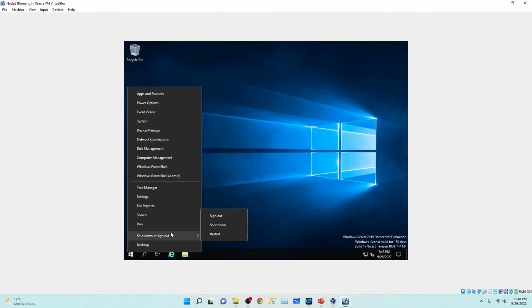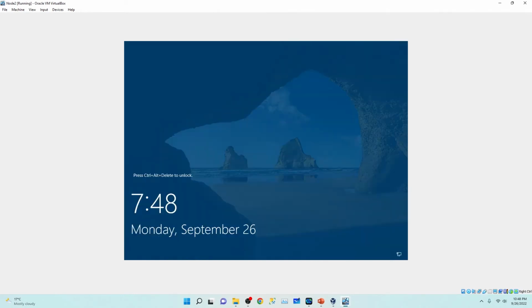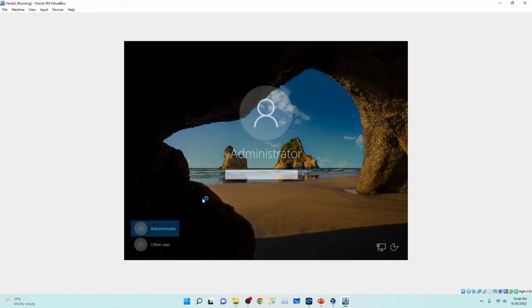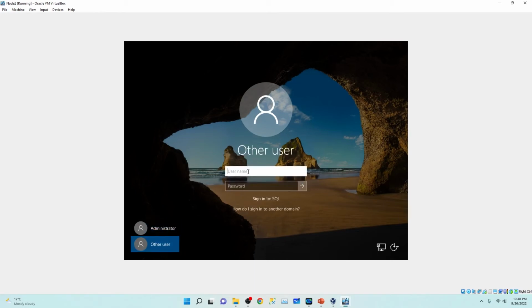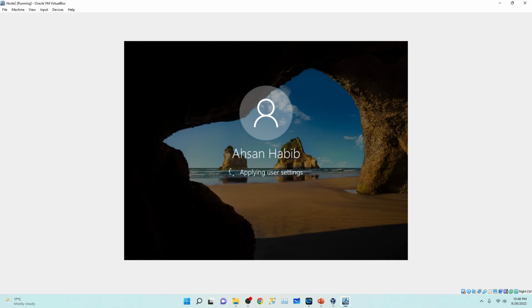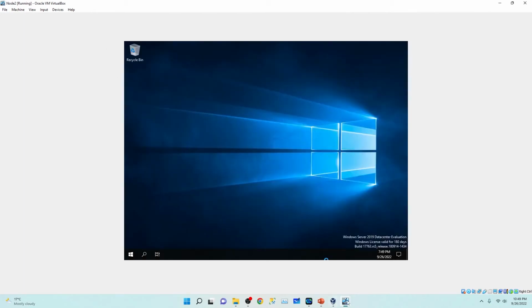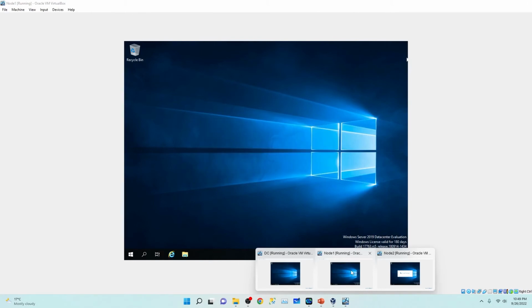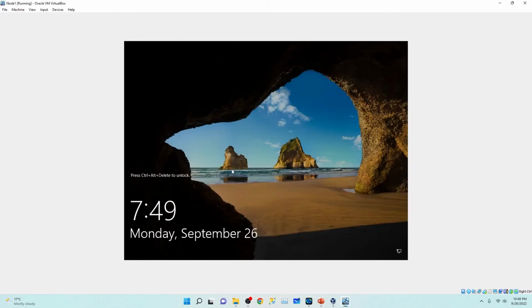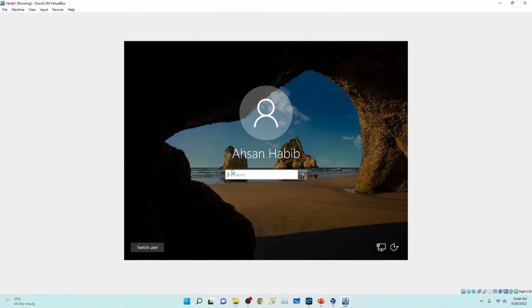Now sign out from this server and try to log in with your username, Asan@sql.com, and password. Yes, so the same account I just logged in from node 1 and node 2. So node 1, you can check here. Node 1 was,